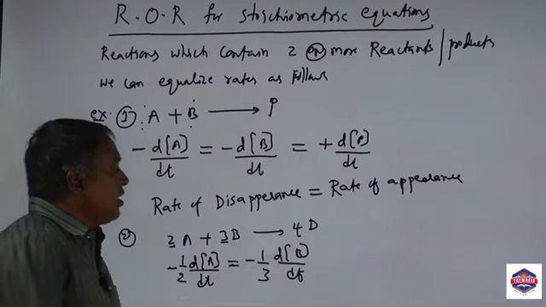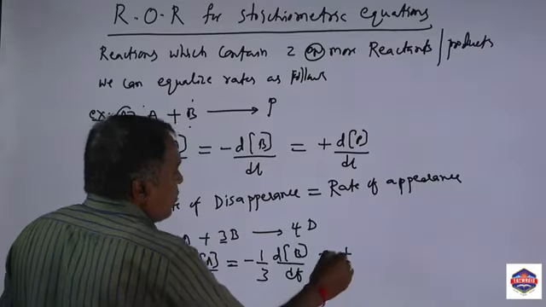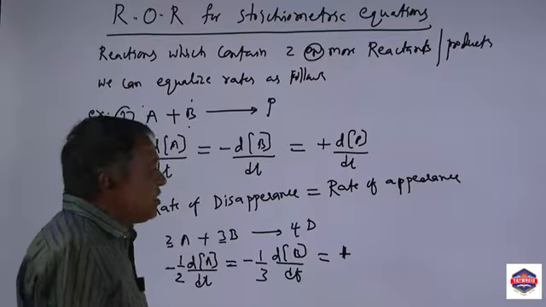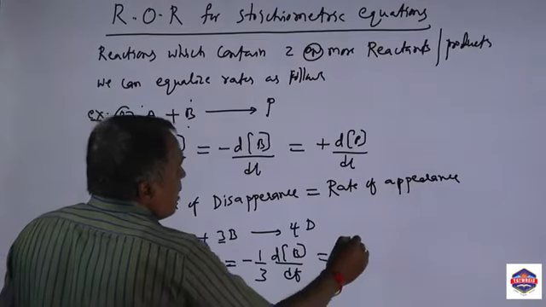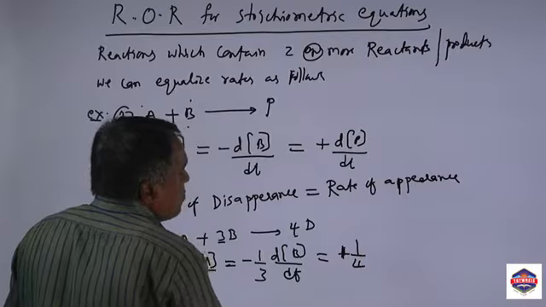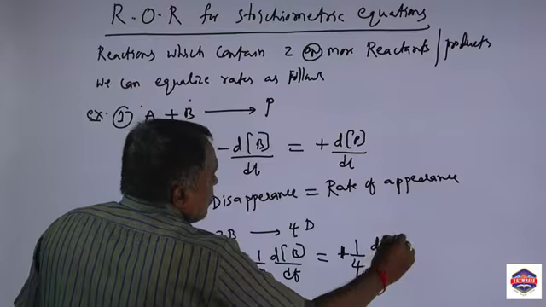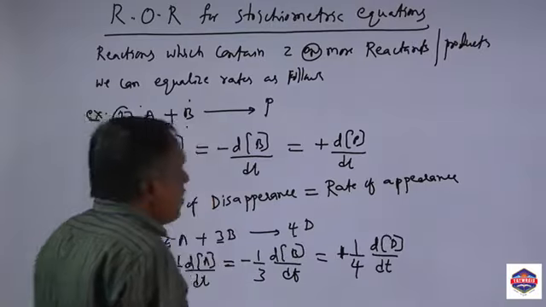And here we have D, the product. Therefore you must place a positive sign, because the concentration of D is increasing. The reciprocal of the 4 is 1 by 4, and the rate of product D is dD by dt. Suppose you take